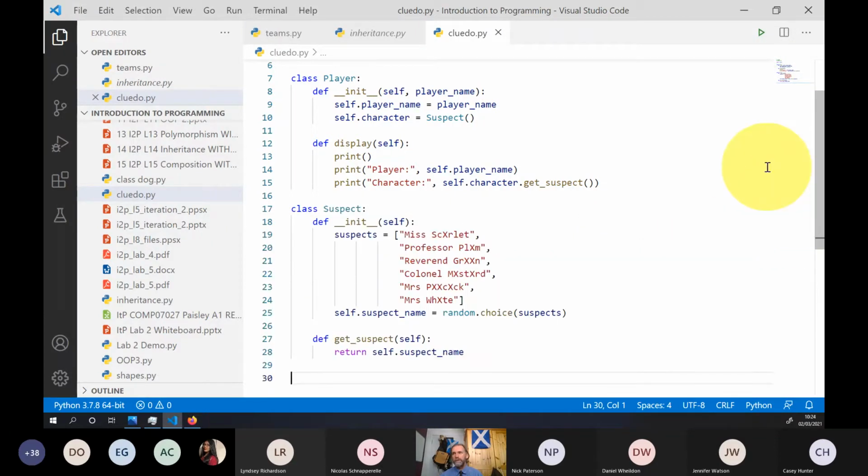Now that we're doing this kind of stuff, Python won't care. So I swapped them round and I defined a player before I defined the suspect. Python's happy. So you can do them either order. Any other questions just now?